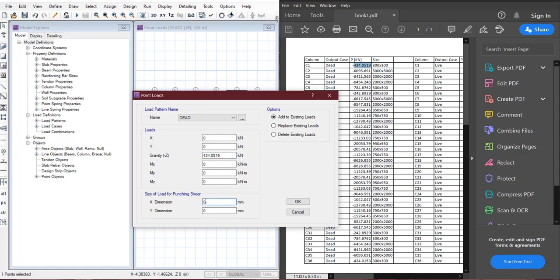And make sure that you always select the size load for punching shear, as size 300 by 300, that is the size of the column. I will be adding similarly loads to all the columns.